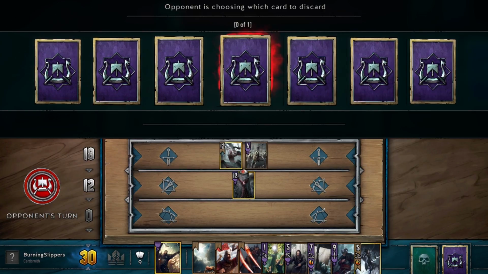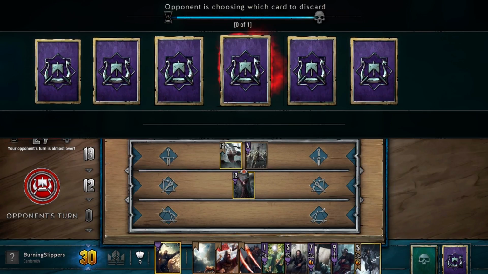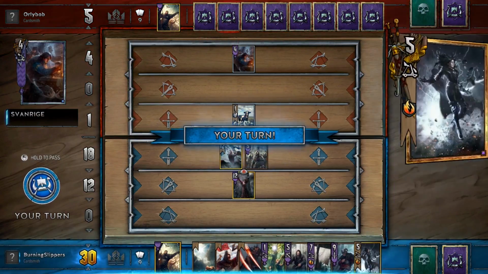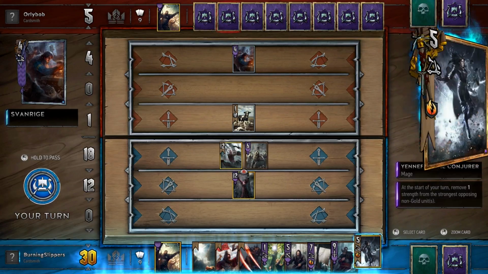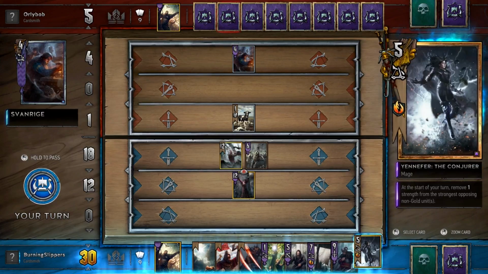So a lot of discard mechanics on show for the Skellige faction. These purple guys and ships. And yeah, a lot of their cards also have synergy with resurrection effects and injured effects such as that and this. They also have synergy with discard mechanics. So